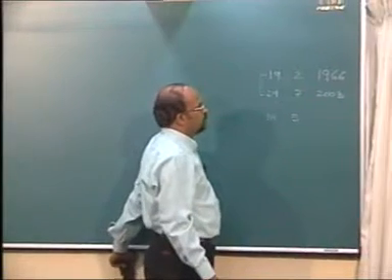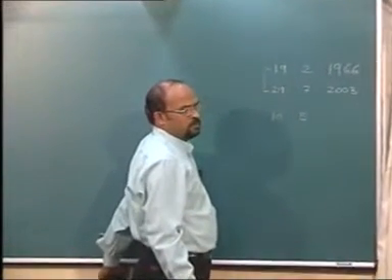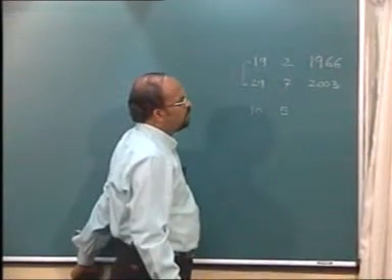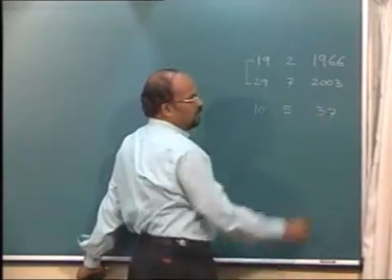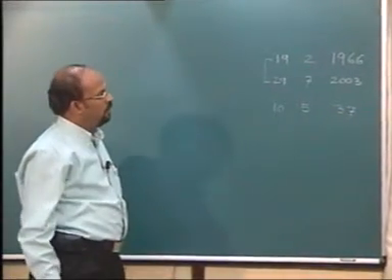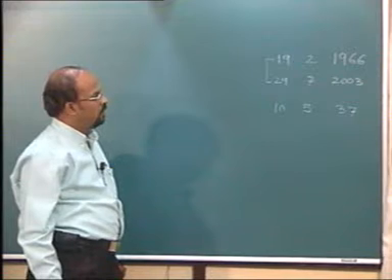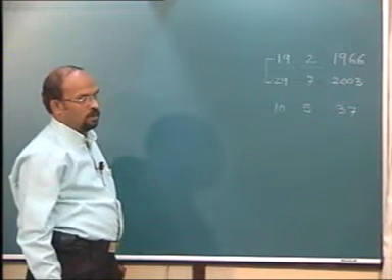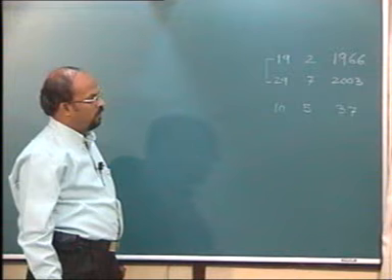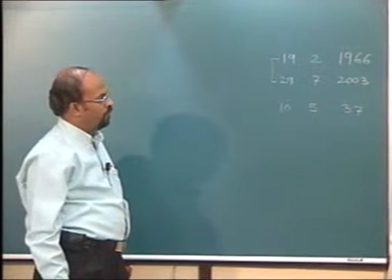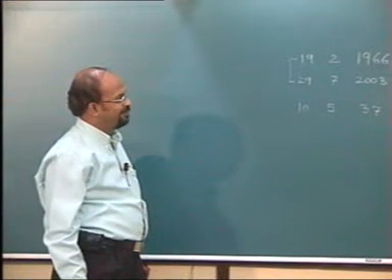Then we move on to the years. So according to that, we'll subtract the years. And then that comes out to be 37. So in those 37 years, 66 to 03, we'll first check out how many of them are leap years, by dividing it by 4. After we find out the leap years, we'll add those many days in the addition of the month and the date.